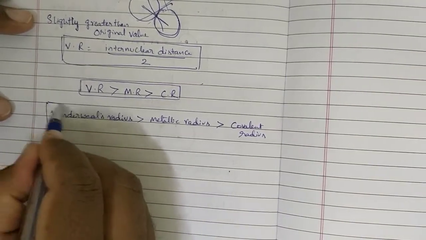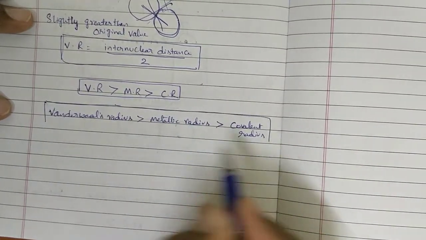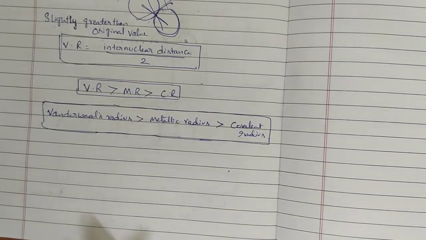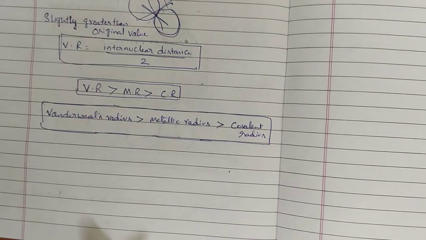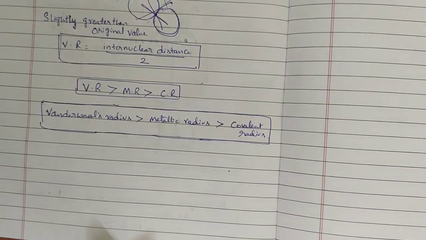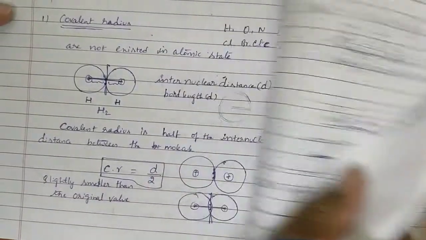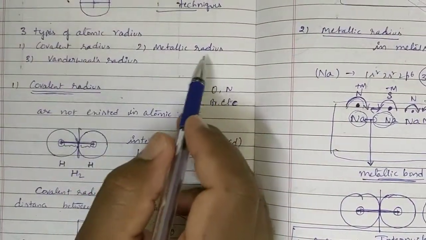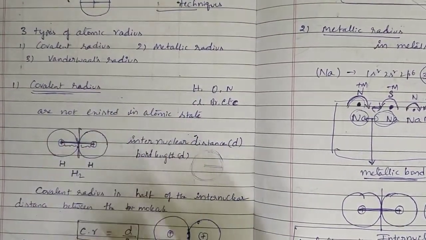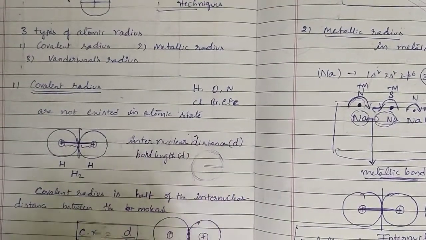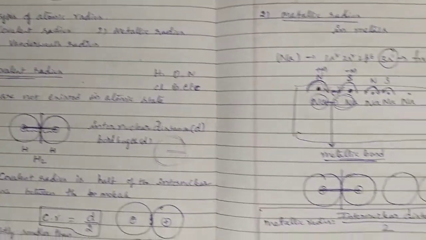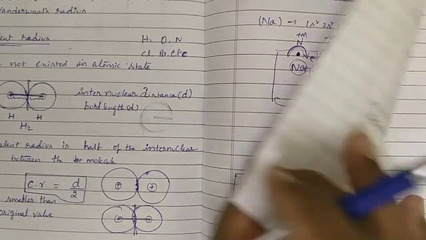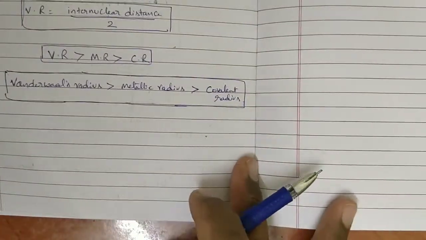Okay, ma? Remember this relation carefully, and I hope you are clear about the types of atomic radius also. In today's class we have seen the types of atomic radius and how they are related. In total, 3 types of atomic radius we have studied: first covalent radius, second metallic radius, and third van der Waals radius. Definition-wise, as well as how we find the atomic radius in all these 3 conditions, everything was clarified and clearly explained, I hope. By this explanation you are very clear about the 3 types of atomic radius, ma?